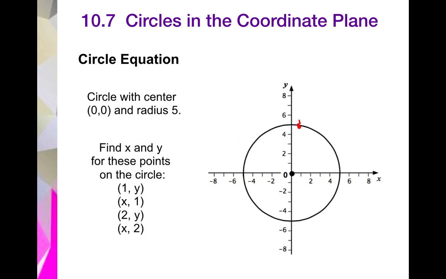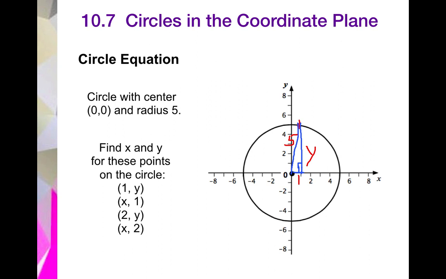And then I can draw my right triangle going straight down to 1, and then diagonal over to the center, and then this is the other side, and we know this is a right triangle. So we know that this side is 1, and this side is 5. That's the hypotenuse. So to find the y component here,